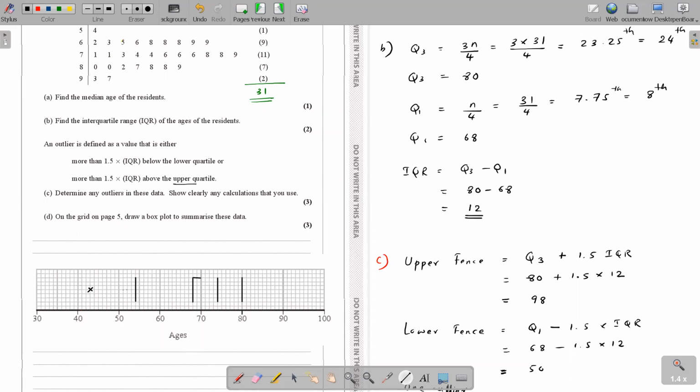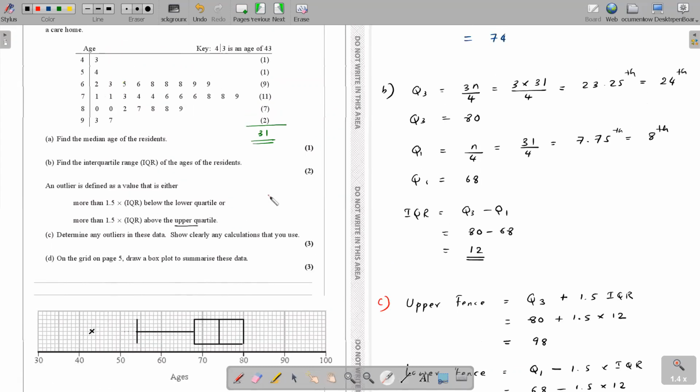Okay, and then this is the box that Q1, Q2, Q3 combine to give, right? And this is the whisker. Can you see? And then that whisker continues until the end. What is the end figure here? 97. Okay, so not 98.